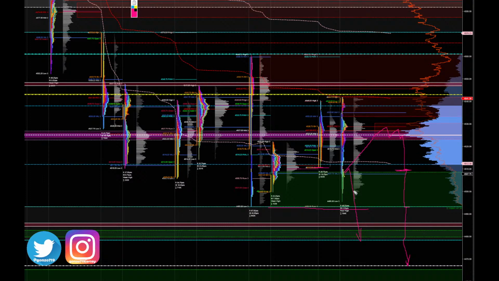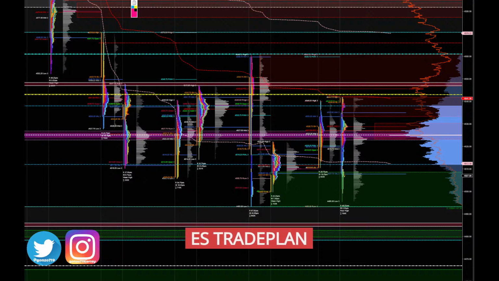Okay, so for me, I don't want to really look short or see a bearish scenario unless you start testing up here, because you need liquidity, right? You need liquidity to move the market. All right, let's move on to the NASDAQ. Oh, that was the ES. All right, let's look at that NASDAQ now.